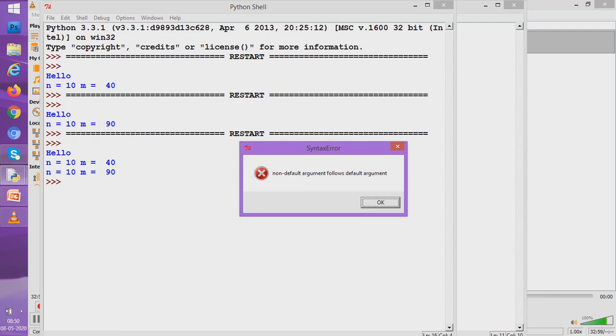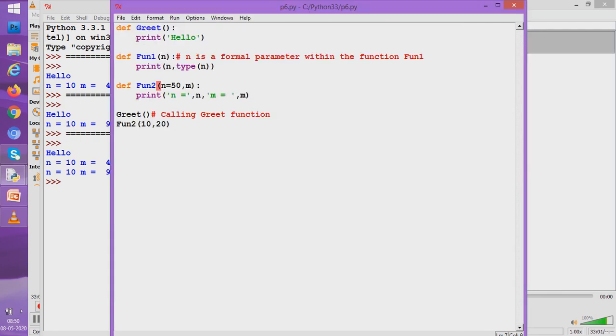Now why is there an error here? The error here is because Python does not allow you to give a default value to a parameter which is at the left of a non-default parameter. Now what does it mean? See, Python says that if you want to give a default value to n, first you will have to give a default value to m, which is at the right.